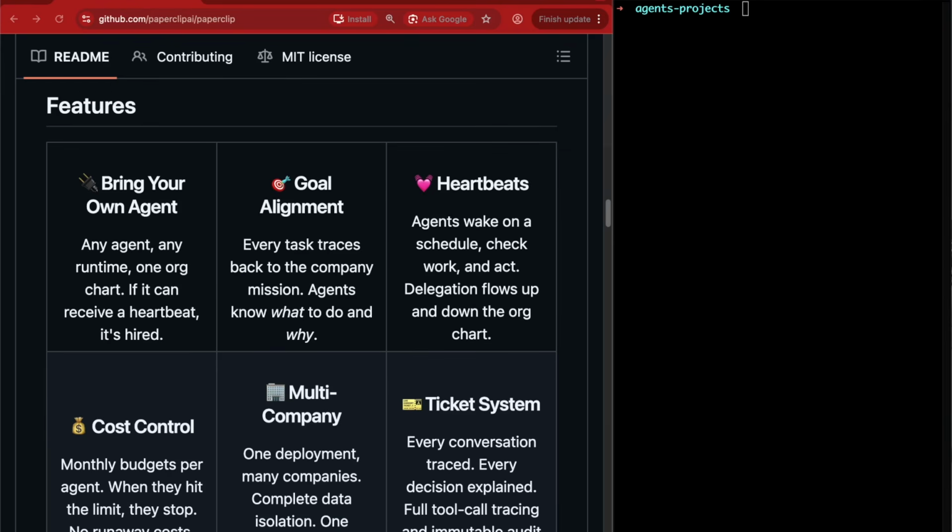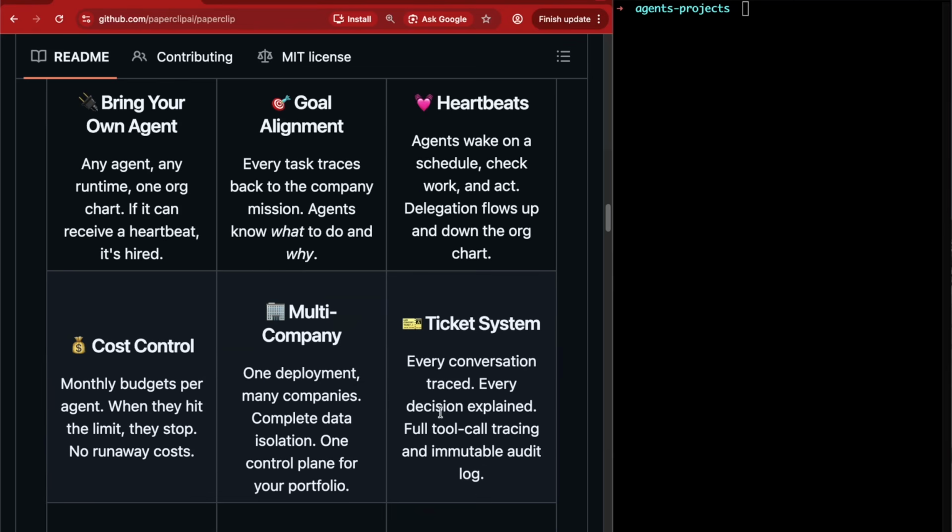So, what is Paperclip? Paperclip is an open source orchestration system for what it calls zero human companies. It's a Node.js server with a React UI, and its job is not to replace Claude or Codex. Its job is to organize them. So think of it like this: Codex and Claude Code can be the employees. Paperclip is the company layer on top, with org chart, budgets, governance, ticket system, goal alignment and